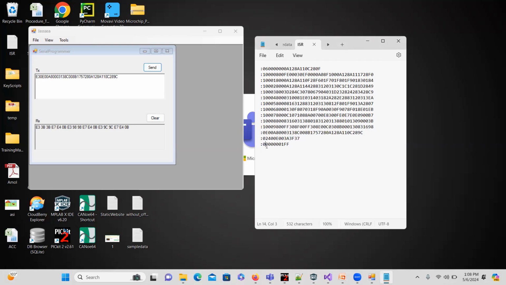So that's all. Our flashing is over. If I produce a reset, the microcontroller will start running from the zero address, so that my program will work. That is the expectation. Let me do a reset in my motherboard now. When I make a reset, automatically my program is executing. I am seeing the LED blinking. That means my code is flashed via